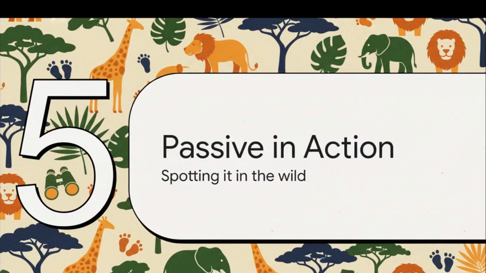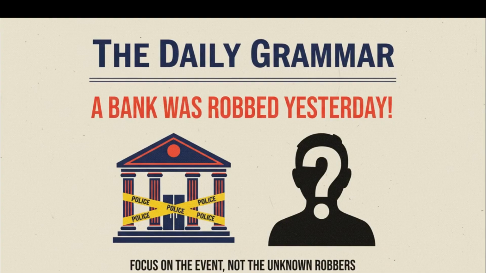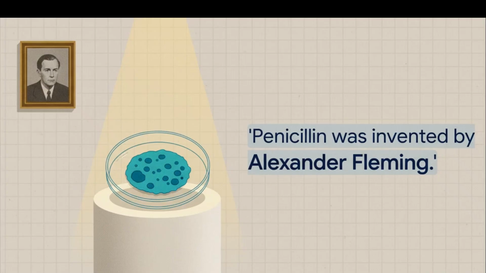All right, you've learned the secrets. Now let's go spot this thing in the wild. I promise, once you start looking for it, you'll see it everywhere. News headlines are full of this. Why? Because when a bank is robbed, the big news is the robbery itself. They usually don't know who the robbers are yet. In history books and science, the discovery is the hero of the story. Using the passive puts penicillin in the spotlight, and then we can still give a nod to Alexander Fleming with